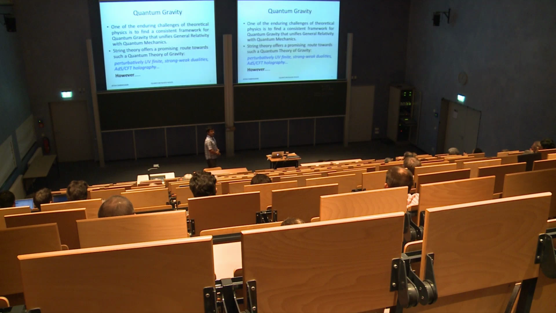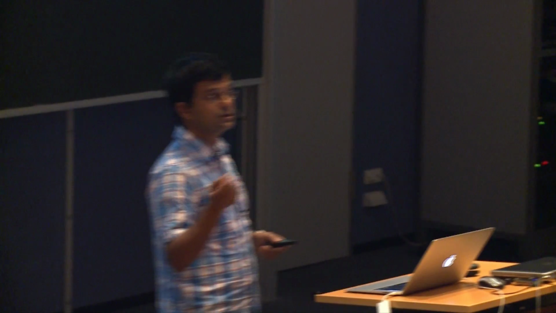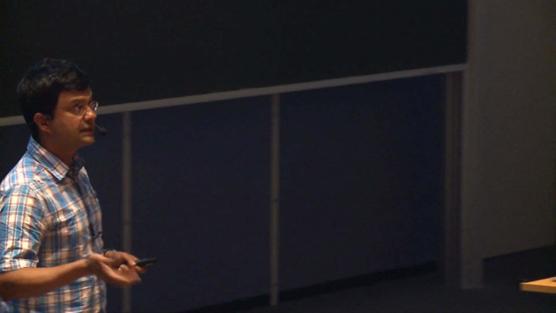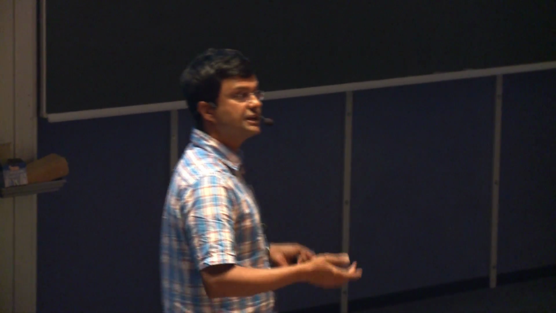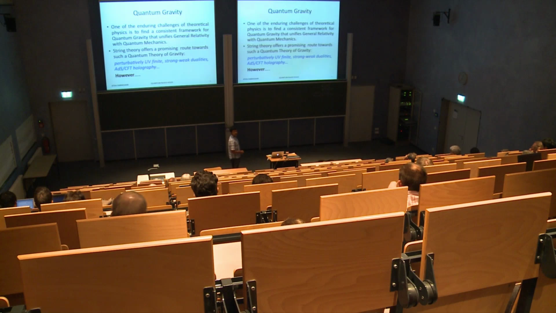So therefore, we have to deal with quantum gravity. As we know, one of the enduring challenges of theoretical physics is to find a consistent framework for quantum gravity that unifies general theory of relativity with quantum mechanics. And we know that there are very serious problems having to do with the fact that Newton's constant is dimensionful. So if you apply standard rules of quantum field theory, you just get divergences. The theory is non-renormalizable, and you don't know how to make sense of the theory. And string theory offers a promising route towards such a quantum theory of gravity, and